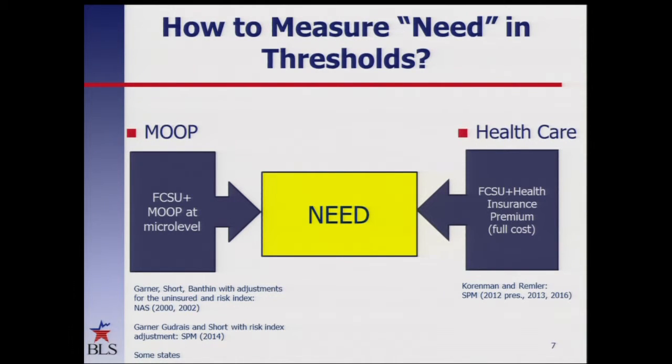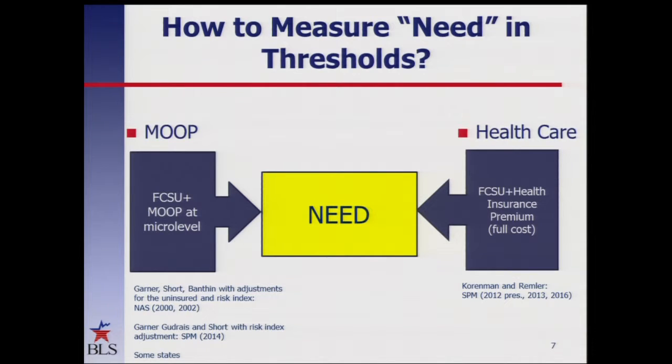Then you take the distribution of your consumer units, and you look around the 30th through the 36th percentile to get your estimate. Then you take the percentage that's for medical, and you apply a medical risk index to that part, because you can't apply the same three-parameter equivalent scale, because there are differences in health insurance and health status. There are differences if you've got children, if you've got elderly people, so you have to make an adjustment for that in your threshold. As I mentioned, with the NAS, Kathy and Jessica Banton and I did some work with that early on, and then Kathy and research assistant Marissa Gudreas and I have done some more recent work with it in the SPM.